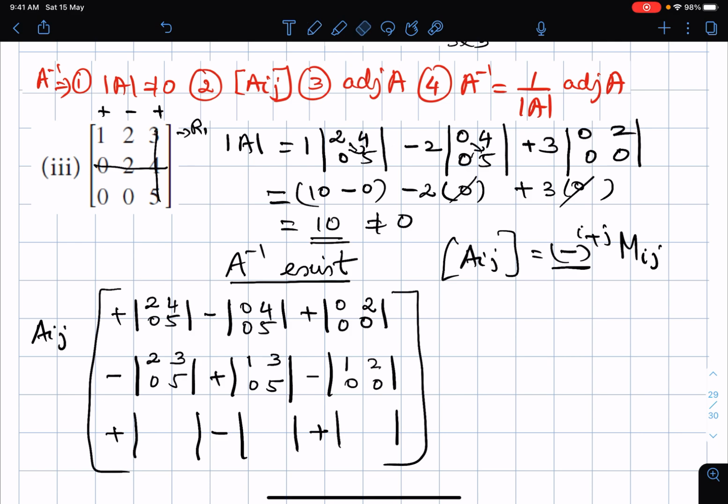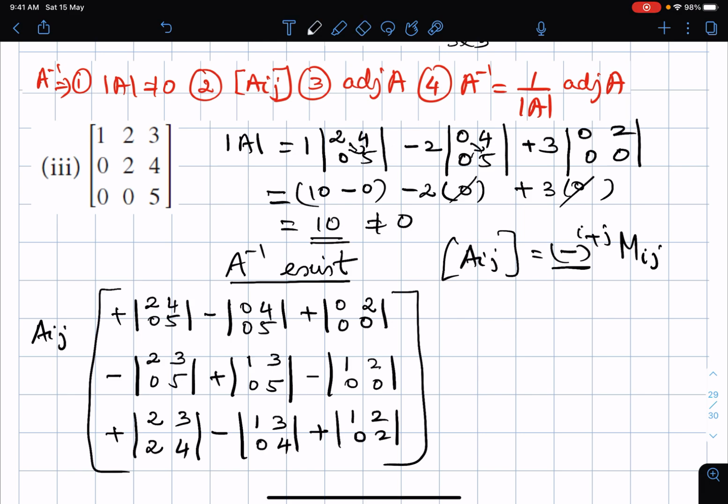Now the second row is complete. Now we are going to come to our third row. Third row, first element, so delete your first column, okay. So your minor is 2, 3, 2, 4. Now coming to the second element of the third row, so delete your second column. You will get it as 1, 3, 0, 4. Now the third element of the last row, so you are going to delete your third column. Now your minor is 1, 2, 0, 2. So this is how you will write your minors, okay.